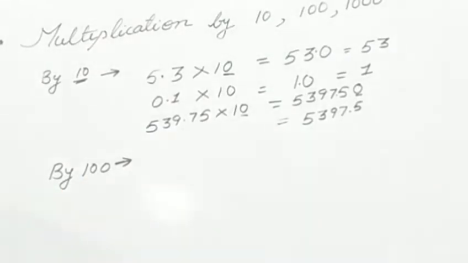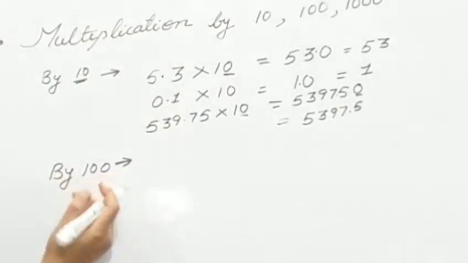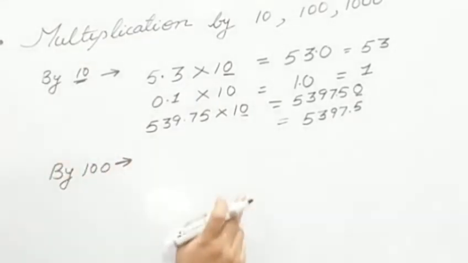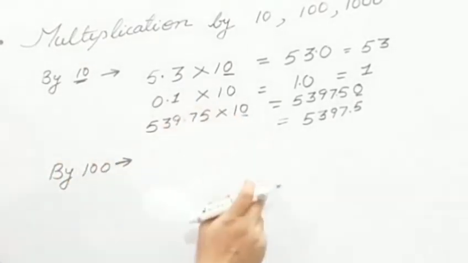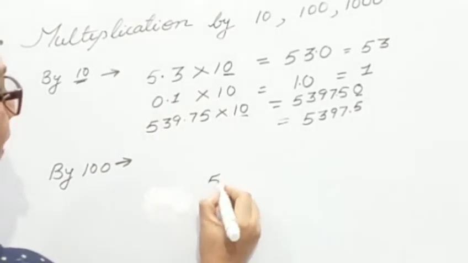In the case of multiplication by 10, 100, 1000, there is no long process. Directly by shifting the decimal to the right according to the number of zeros, we get the product. Next example, by 100. 100 has how many zeros? 2 zeros. So by multiplying, the decimal shifts 2 places to the right. For example,